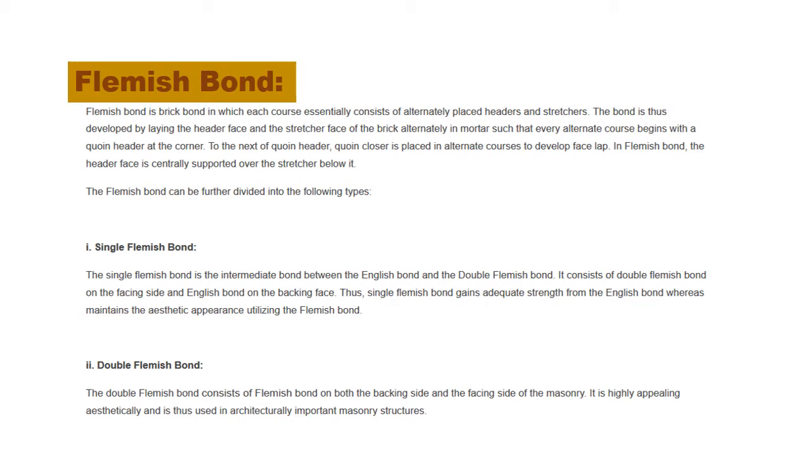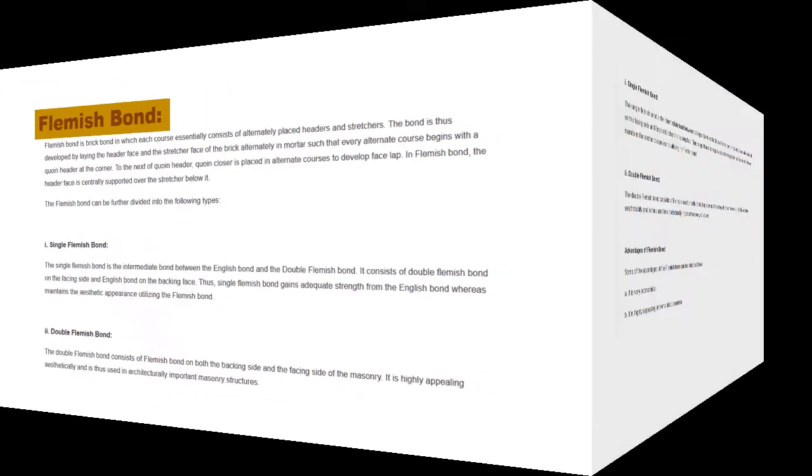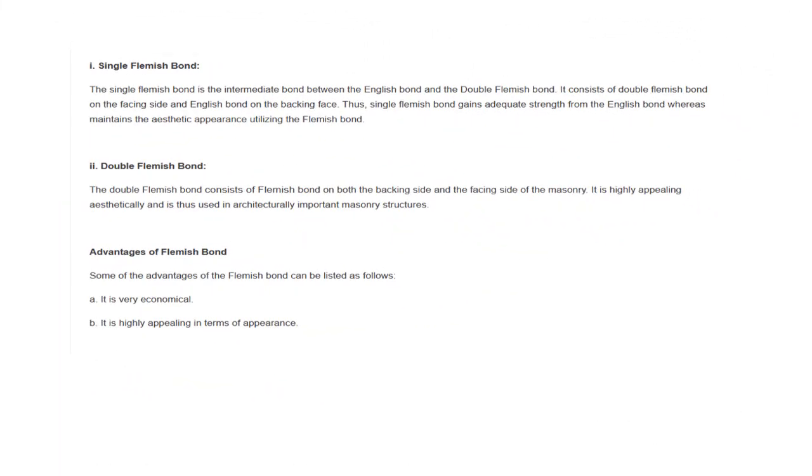Solid walls, English bond. English bond essentially consists of alternate header courses and stretcher courses of bricks. The overlap in English bond is formed by inserting a coin closer next to a coin header. It is used in Asian countries like India, Bangladesh, etc. It is stronger and more durable as compared to header and stretcher bond.